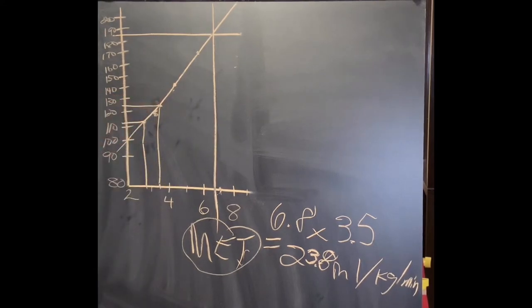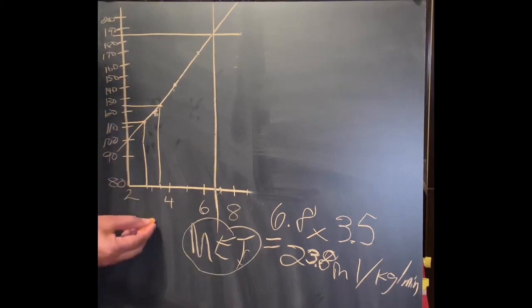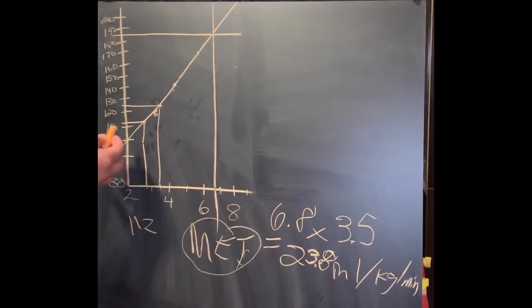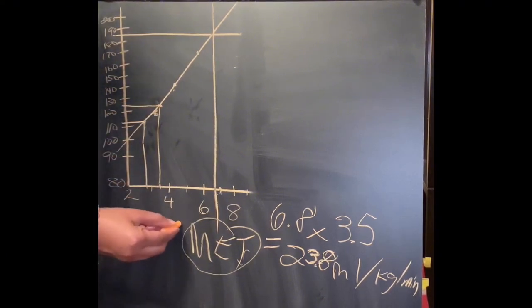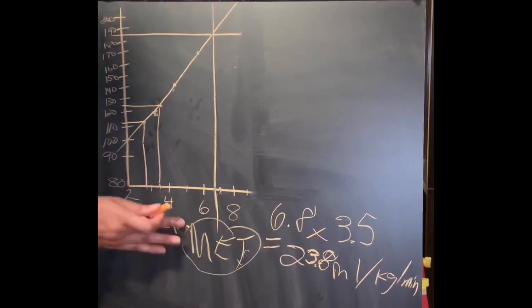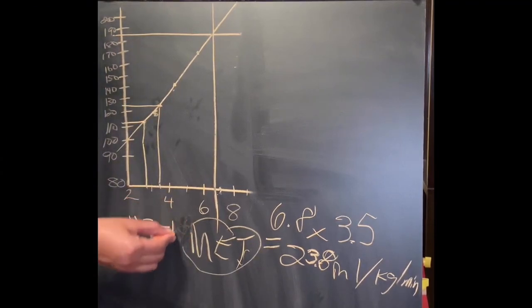And draw that across. All right, so for this one, that gives us a heart rate, this is 110 right here. So a heart rate of about, I'll say 112 to this heart rate here, about 125. So about 112 to 125. Let me write that where you can understand it a little better. So 112 to